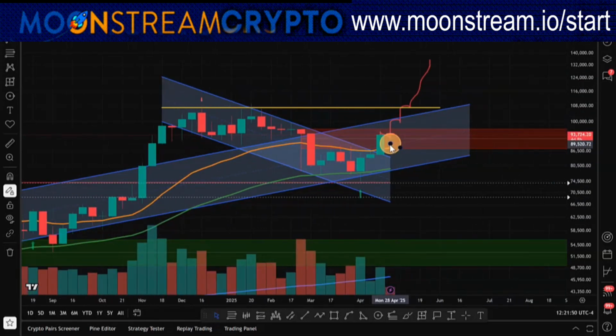So actually what would be good for us is if we pull back here this week into the weekend and put in a closing candle around that 90K level, a little red candle, or anywhere in this range, and then next week as we go into the May 5th, May 7 window for the weekly daily cycle low,